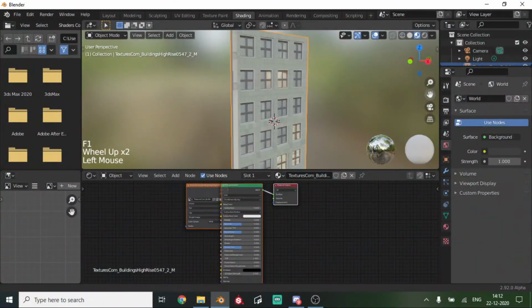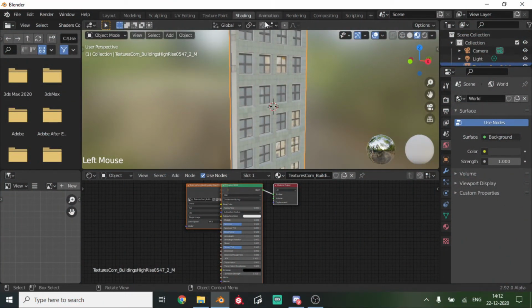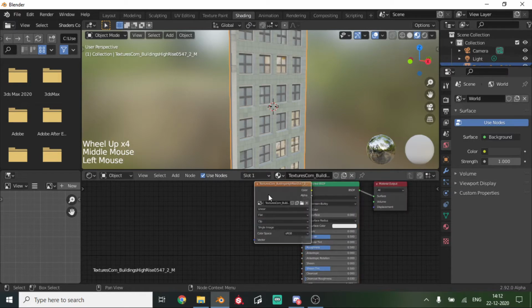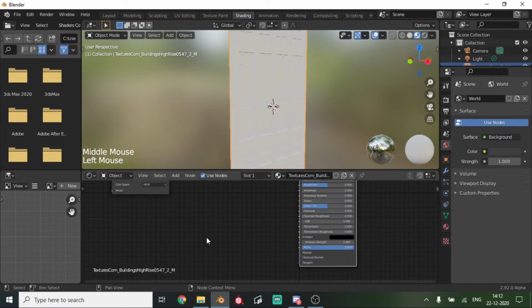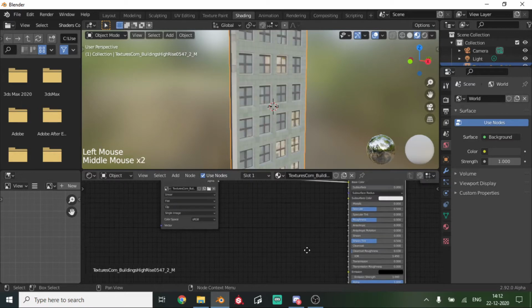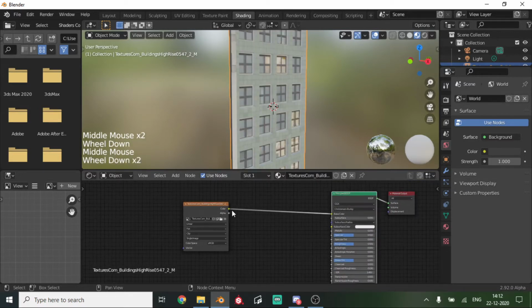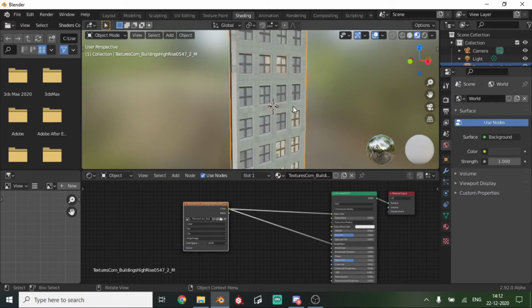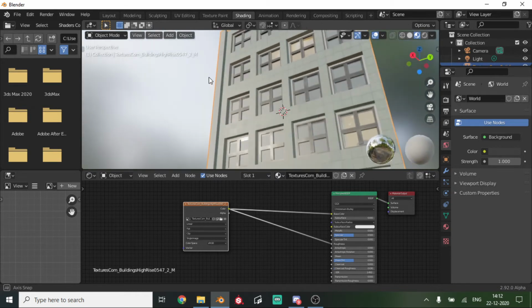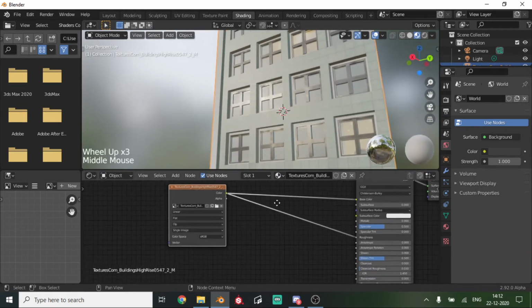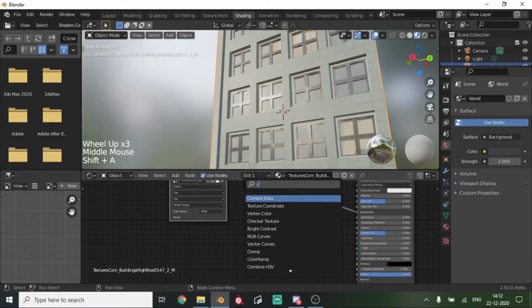Alright, so now I'm in shading mode. As you can see over here, we'll just bring in this image a bit further, disconnect the alpha, and then select the color, put it into roughness, and have the windows reflect. So we'll go shift A, add in color ramp,